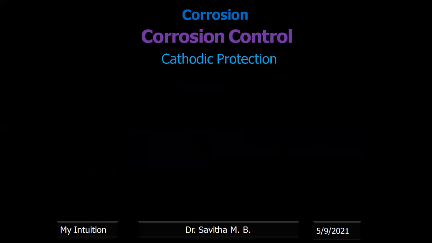Okay, now the next method is cathodic protection, right? We know that in a corrosion reaction, the anode undergoes corrosion, while the cathode does not undergo corrosion. Suppose you want to safeguard an article. You are sure that it will not undergo corrosion if it is acting as a cathode. So what you can do is convert that article into a cathode. Okay, for this there are two methods.